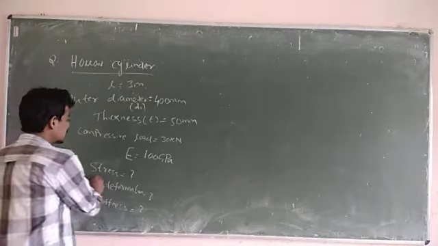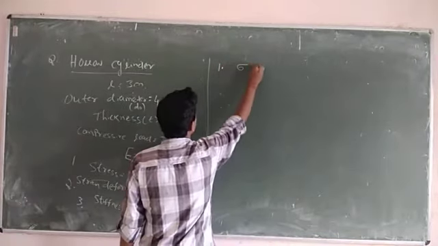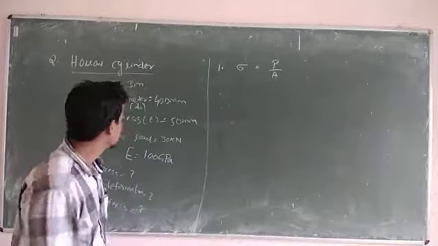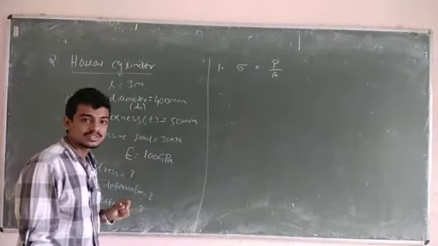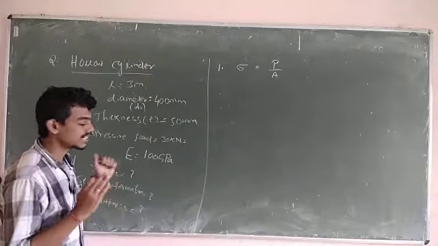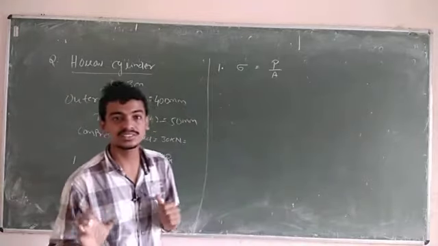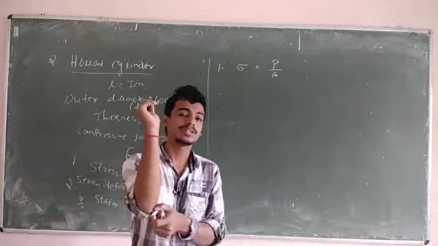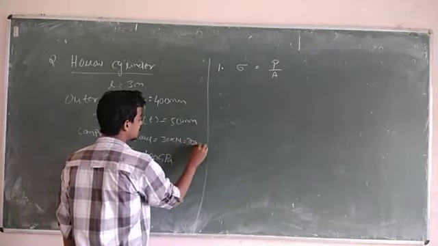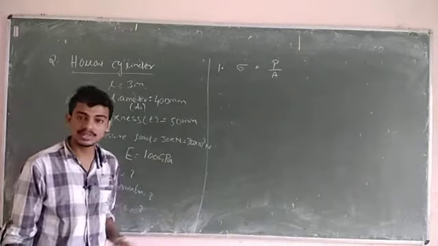First we will calculate our stress. So what is stress? That is sigma. Stress you already know, load by area. Load is already given, 30 kilonewton. Always convert all into SI units. Generally in strength of materials, all loads are converted into Newton and all dimensions into millimeter. So here it will become 30 into 10 to the power 3 Newton, because 1 kilo equals 10 to the power 3 Newton.